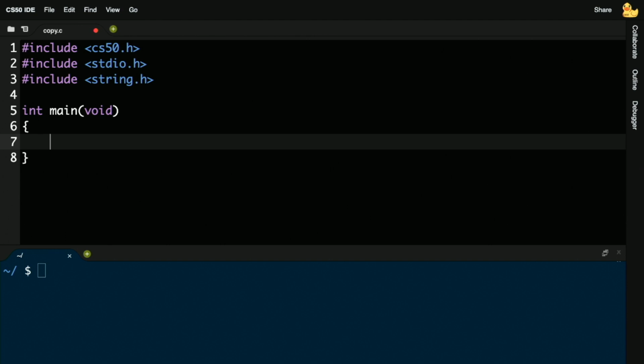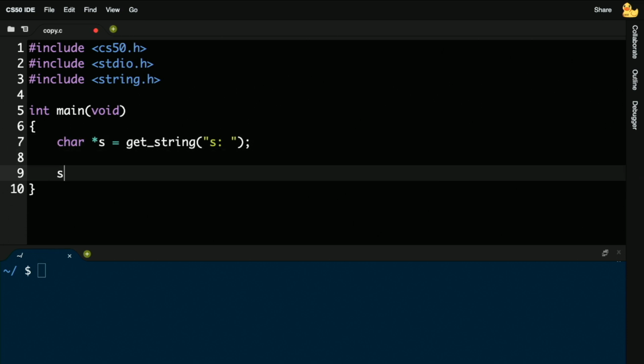And let me go ahead in this program and get myself a string. But no, we won't call it string anymore. We'll just call it char star. So again, start taking off that training wheel. And I'm going to get a string called s. And then I'm going to get another string, but I won't call it that. I'll call it char star t. And I want to copy s.